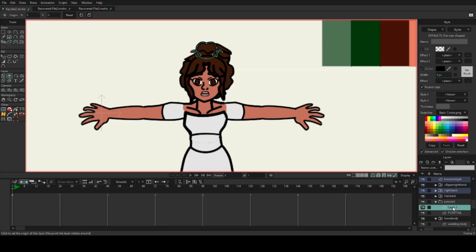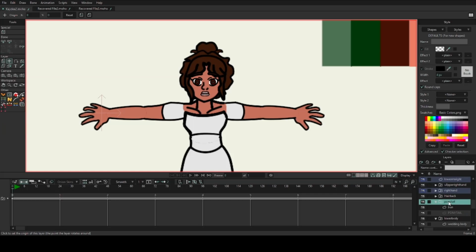I forgot to make the ponytail switch. Convert to switch. So what I should be able to do is switch it between hair back, ponytail, and this is all depending on if I can actually find her bangs.